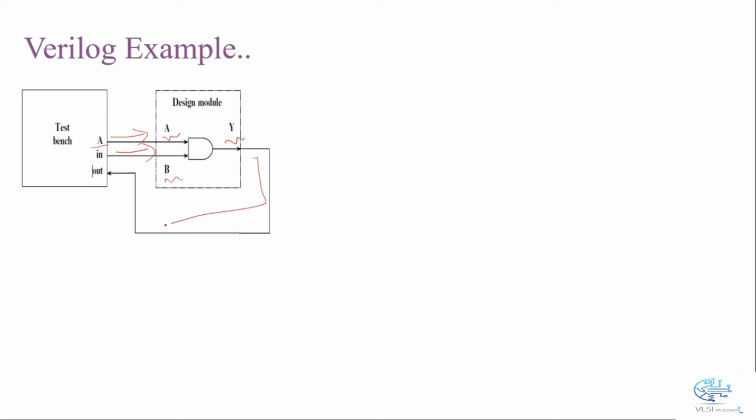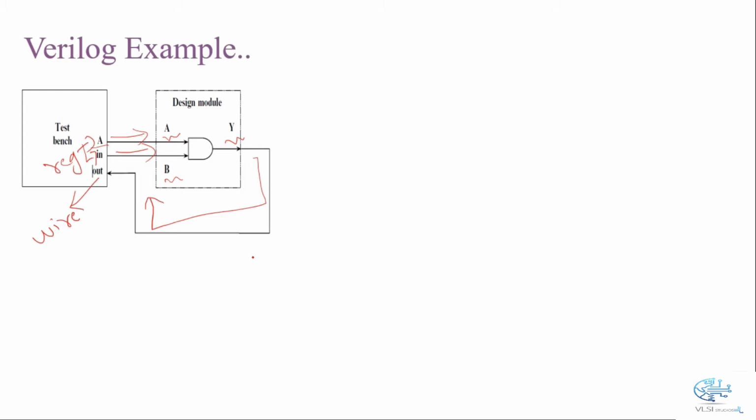For giving our inputs, the test bench inputs must be declared as reg. Why reg? Because we have to hold the value of our input for that interval and apply it to the design part. So both the inputs are defined as reg, and we have to check the output of our design. We're going to define the output as a wire because there is no need to hold the value of the output. Generally in the test bench, whatever inputs are connected to our design are defined as reg and the outputs as wire.